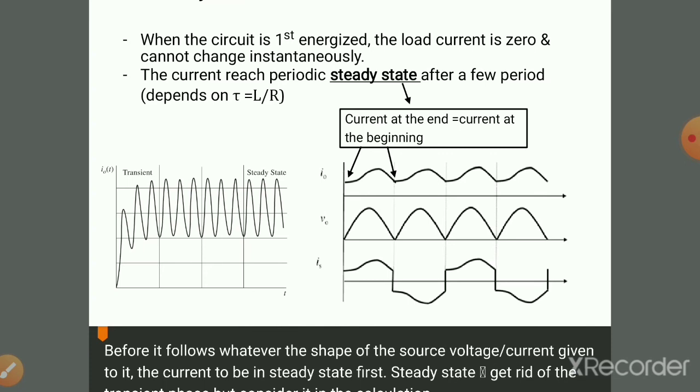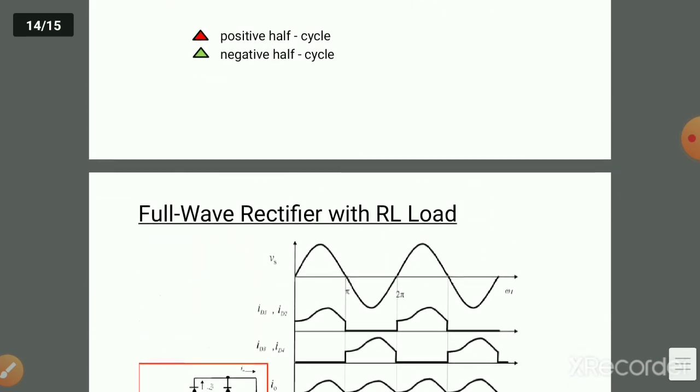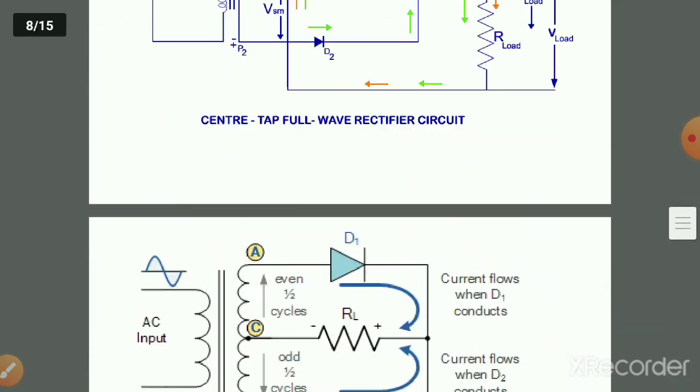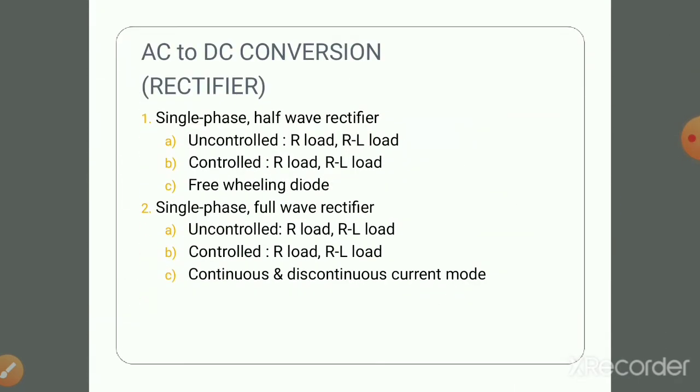The first module is all about power electronics: what exactly power electronics is and what the applications of power electronics are. Then how power electronics evolved, the history of power electronics we discussed already, and what the major applications are, what different types of converters we have, and how power semiconductor devices are classified.